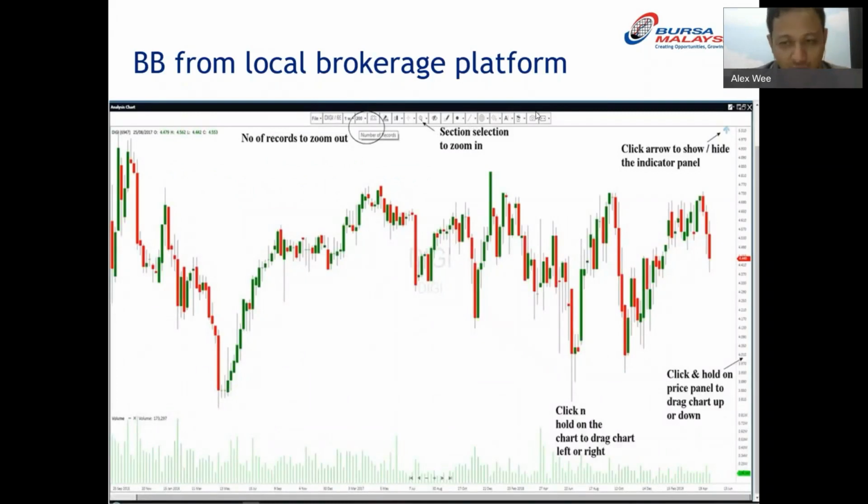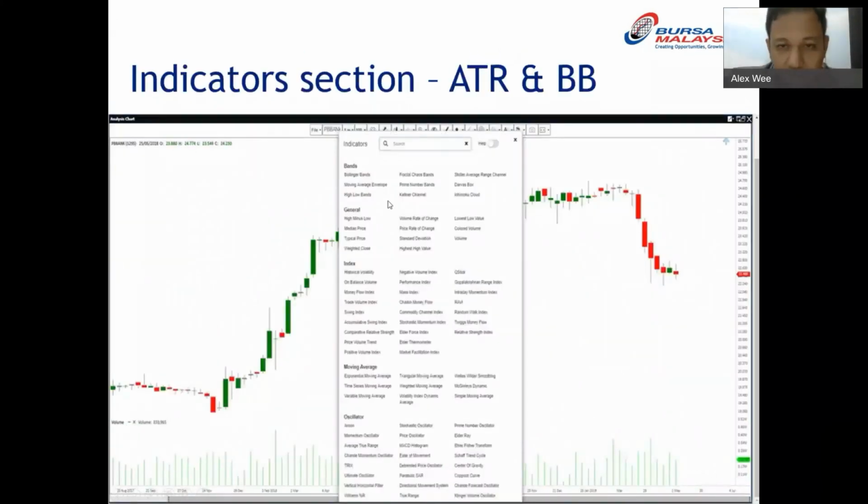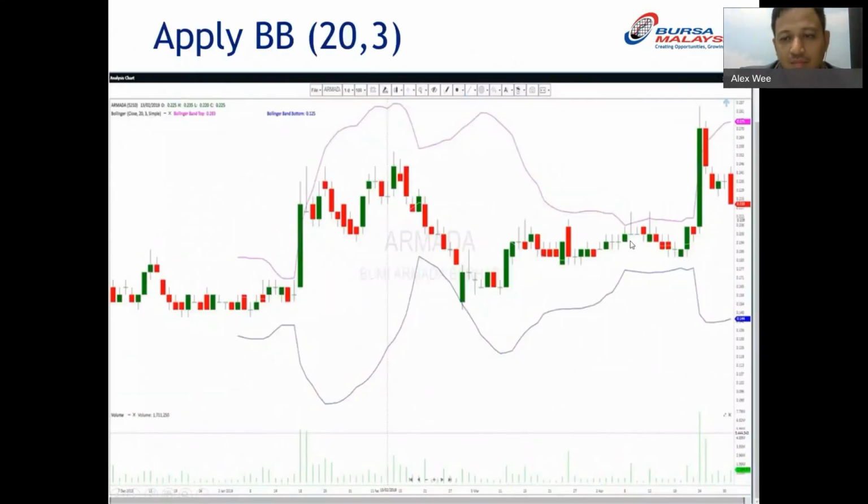If you have any brokerage account, CDS account, with any local broker, you have an almost identical type of interface. So you can click the indicator section, and then you can see ATR is here, Bollinger Band is also here. Both of them are here, and you can definitely apply them here.